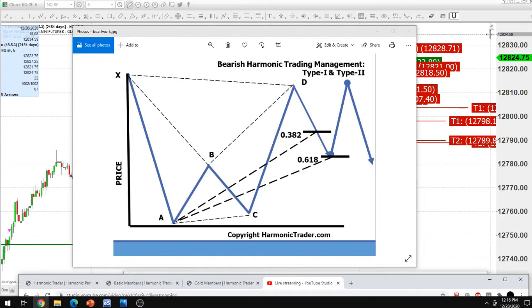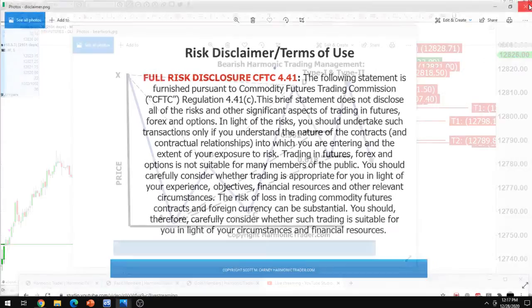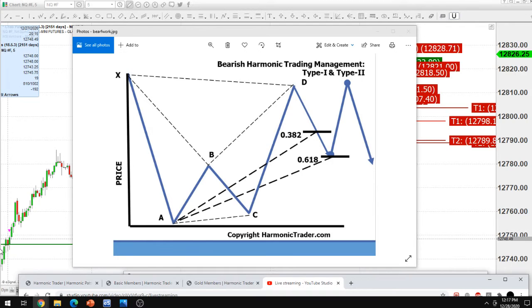So today, what I want to talk about and what's critical as a message for anybody that has any interest in harmonic patterns is what is it going to take for us to turn this into an opportunity. And that's all within what I call the harmonic pattern framework. You're looking at it right here. And let me just flash up some disclaimers so that we're all good before I get into anything. There you go. And so today, what I want to talk about is really the type 1, the type 2